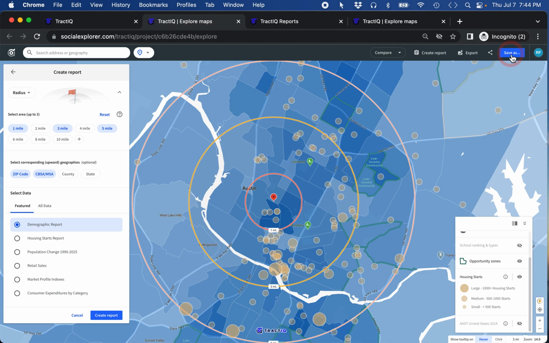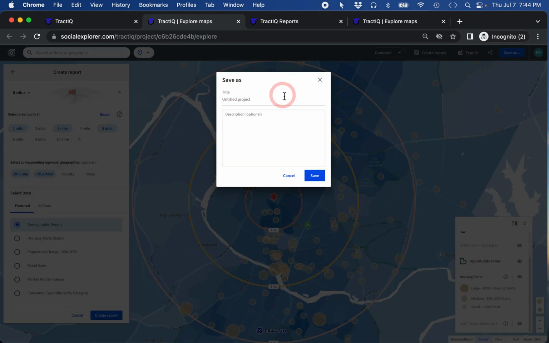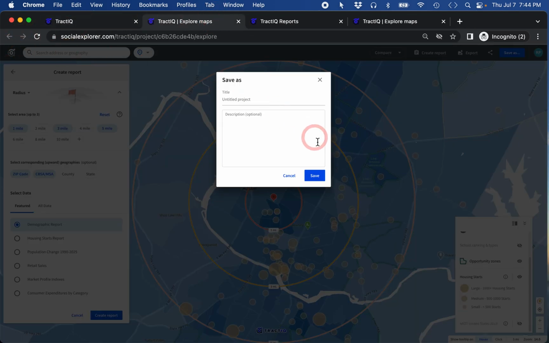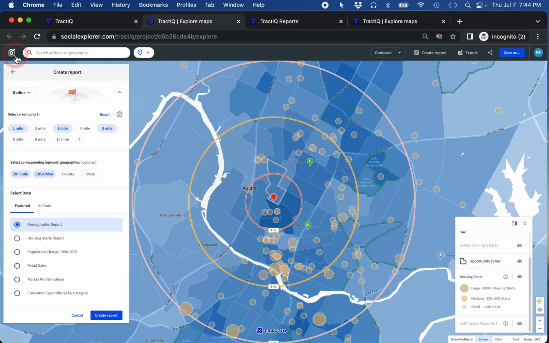You can save as, you can save the map by including the address and the descriptors you choose. When you save this map, you will also have the report and the map saved into your archives. To access those archives, you return to the dashboard. At any point in the map